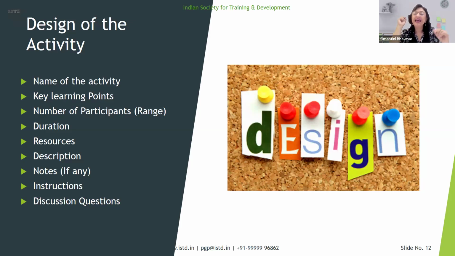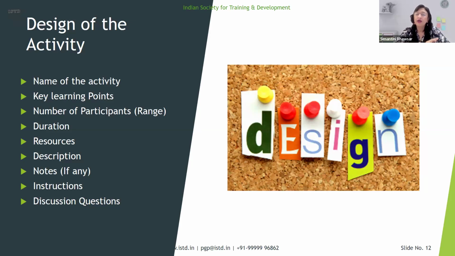Name of the activity, eggs can fly. You can think of any creative name. When you tell your class, okay, we are now going to do an activity, eggs can fly, or listen and draw, it's a very attractive activity, and you can keep referring back to it immediately. Instead of just saying, see, when we did this, you can say, when we did listen and draw, remember what happened? It's easy for reference, very attractive and catchy.